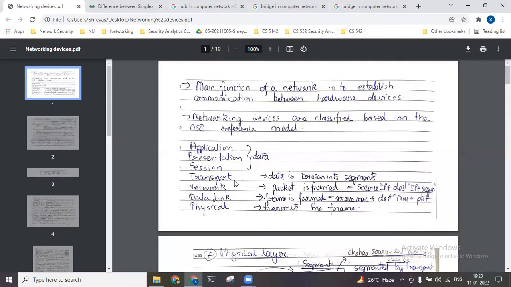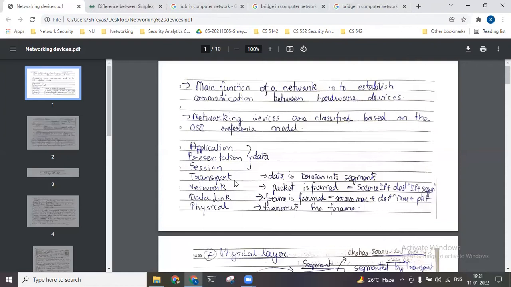Okay, so after this data is created, think of data as a long series, a huge train. It is not possible to transport everything together, so the data is broken into small segments by the transport layer. When you break up a big train into small pieces, you have to number the pieces as well. So we have the sequence number, and we have the segments that are created in the transport layer.